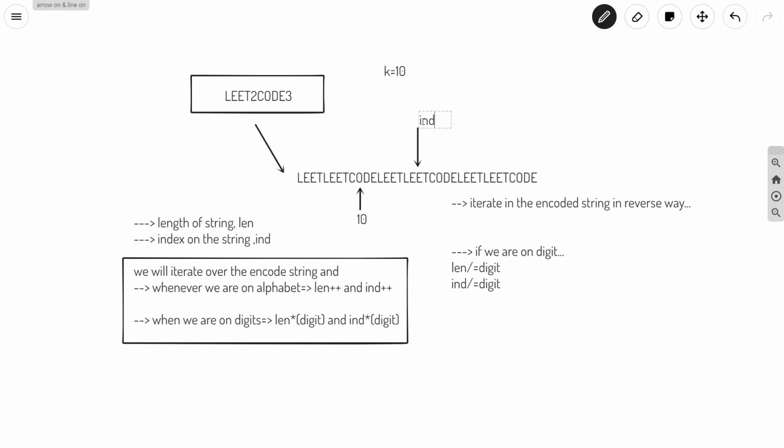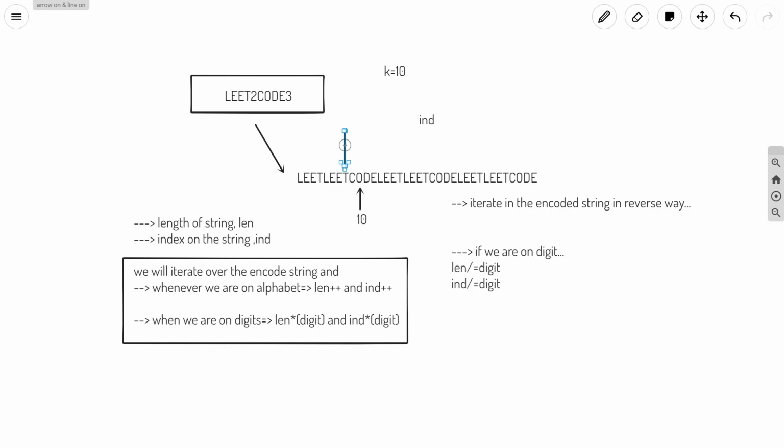So the index is greater than 10. If the index is greater than 10, that is k, we will not change the value of k. But if the index is less than 10, let's say the index lies here.